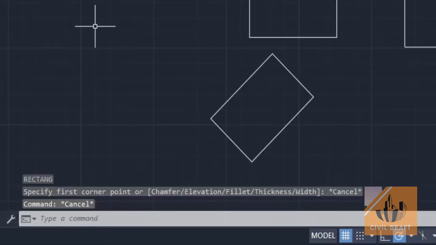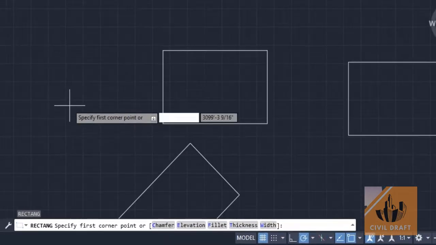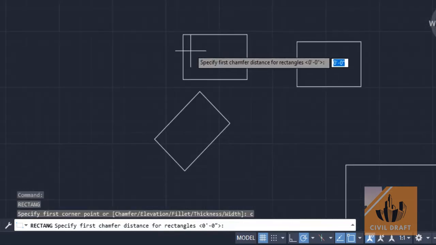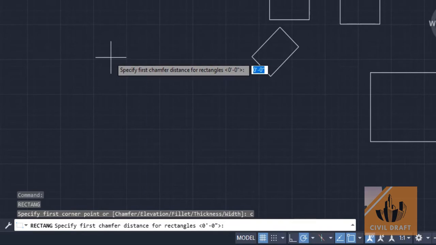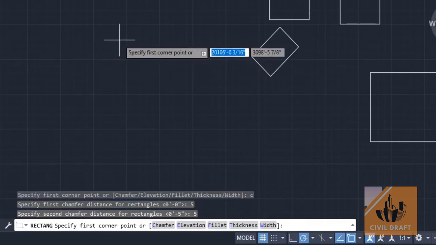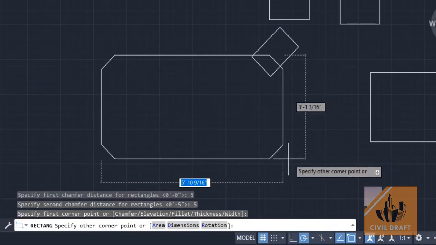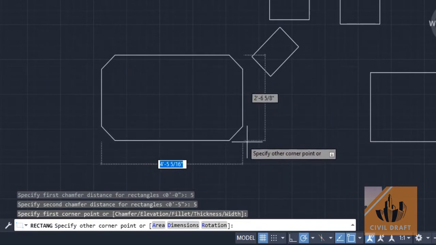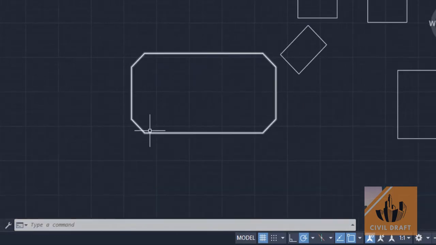Again go to rectangle command, and before specifying corner point, I'll go for chamfer. So for chamfer, C, enter. Chamfer means to join these two adjacent line by one inclined line. Specify first chamfer distance. I'll specify 5, enter. Specify second chamfer distance. This also I'll specify 5. And now specify first corner point, specify second corner point, or you can draw as per dimension, area as required. In this way you can draw the rectangle with chamfer.